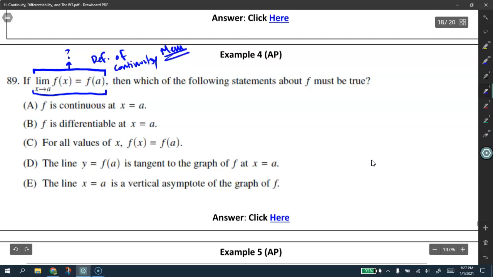And so it says, which of the following statements must be true? Meaning, there is no doubt about it. It's got to be true. Well, if it's the definition of continuity, then the only one that would make sense to be true would actually